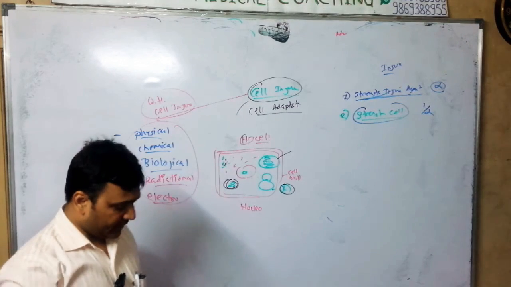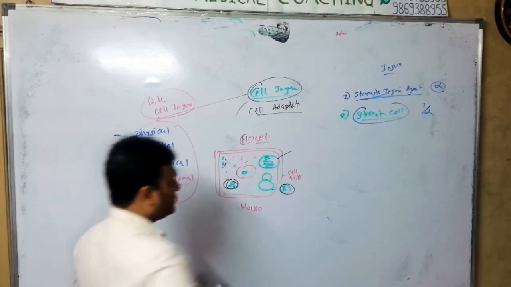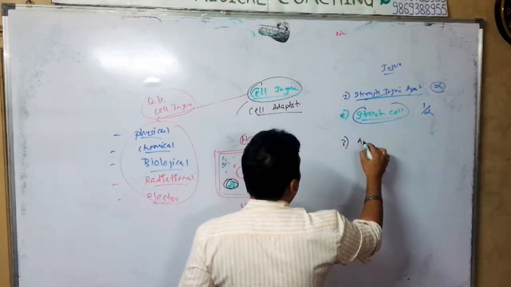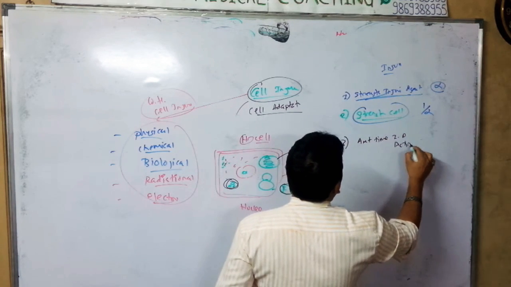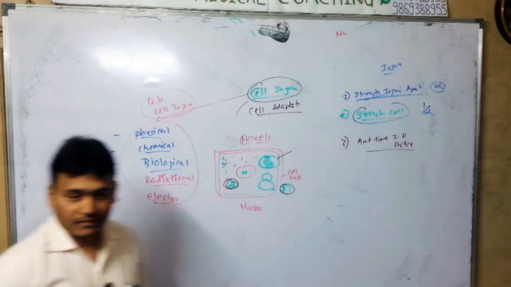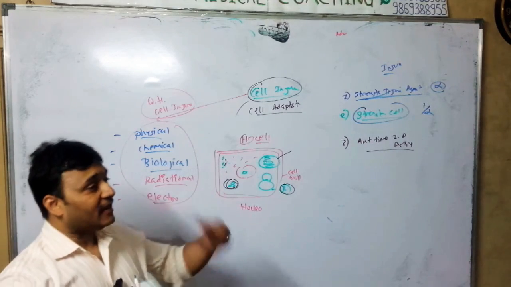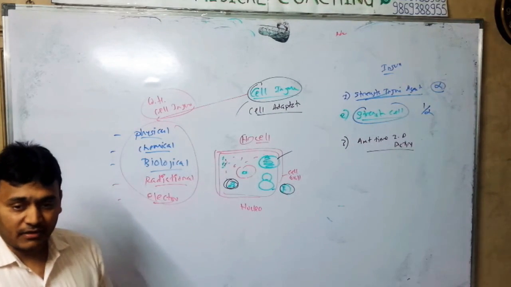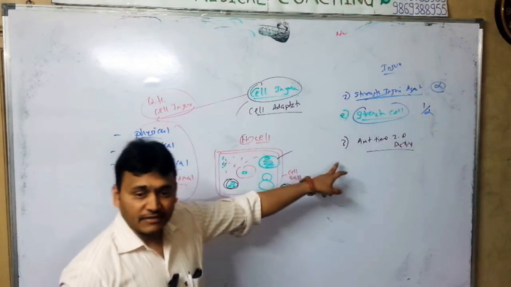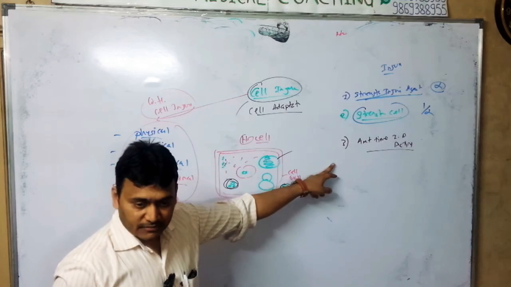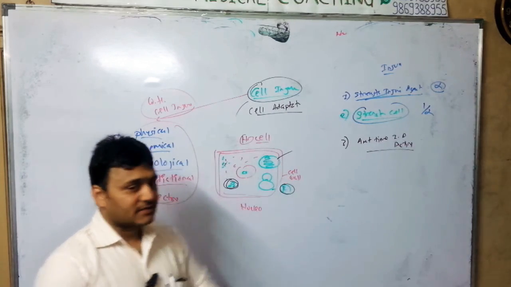What is the third thing it depends upon? The third thing is the amount of time the injurious agent is acting on the cell. If a tiger comes but it is there for only one second, what will happen? Will it injure the tissues? Not possible. But if the dog is, and the dog is